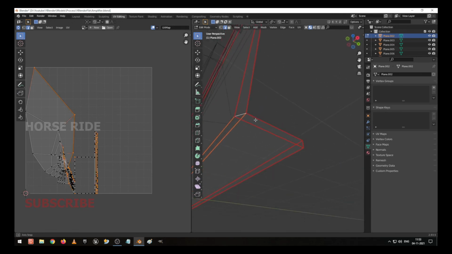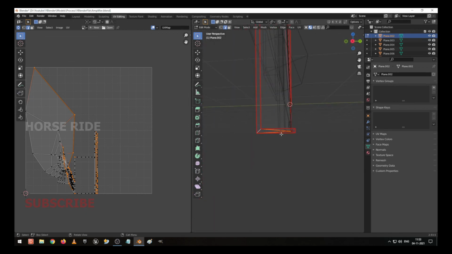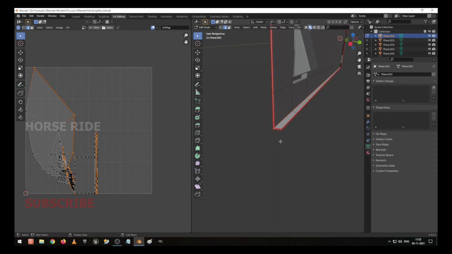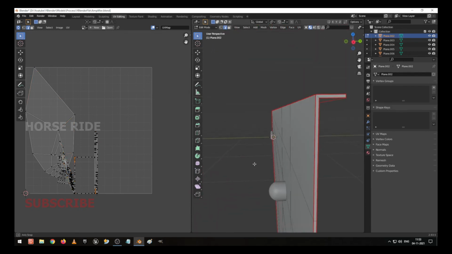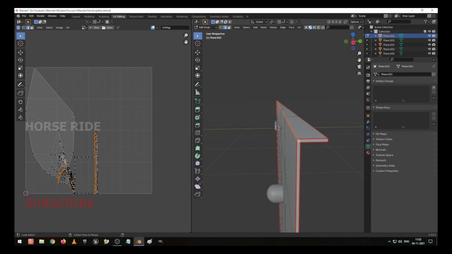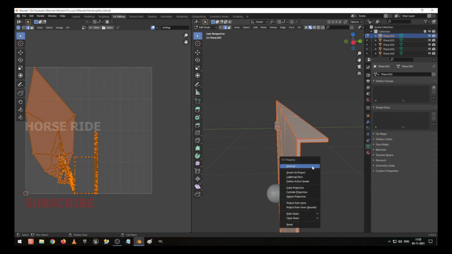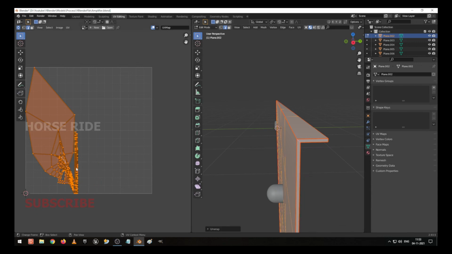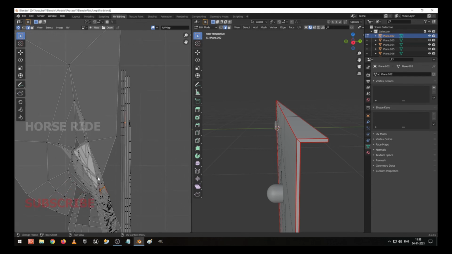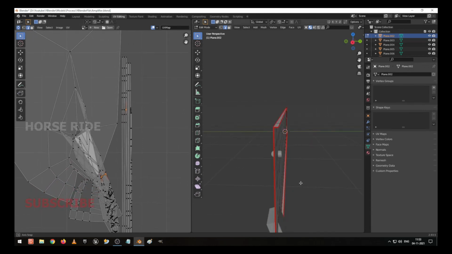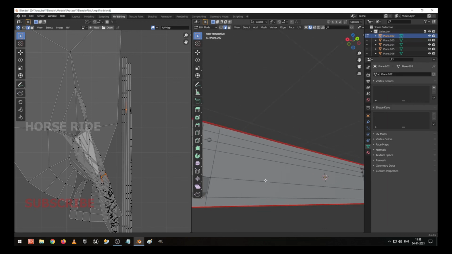Shift Z. This also I make separate, F5, and I select this corner too and I mark it F5. I select everything, U to unwrap it. Oops, still we are facing some issues here. I unwrapped everything perfectly. Why?